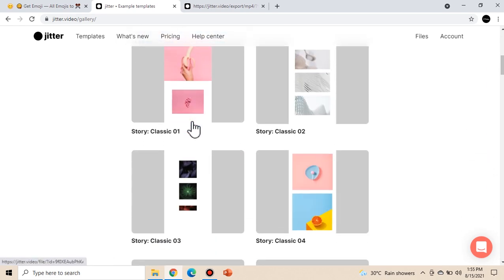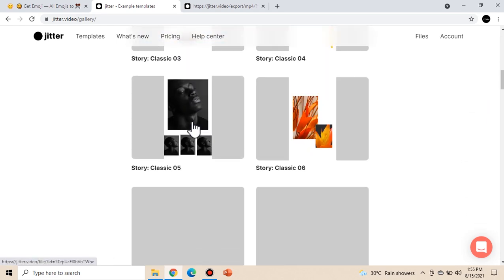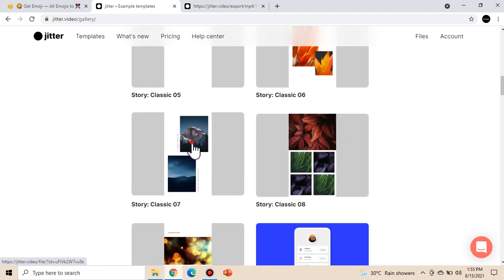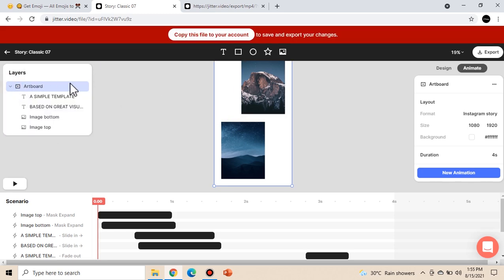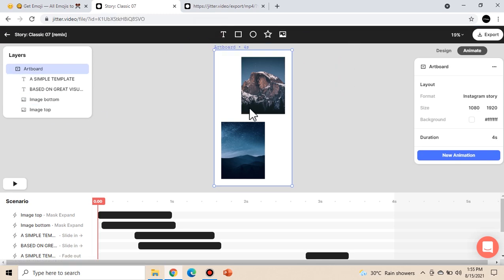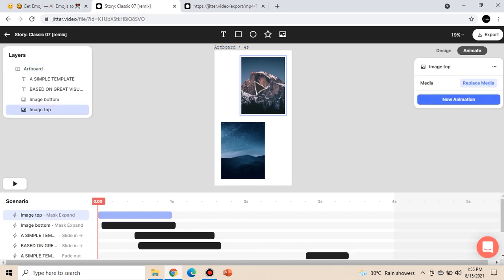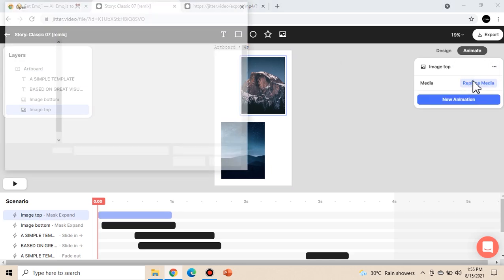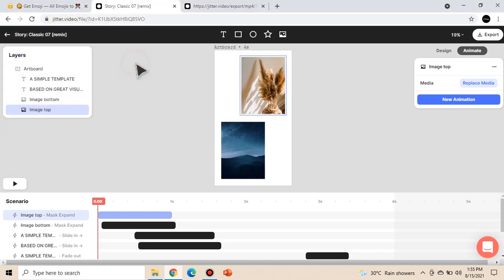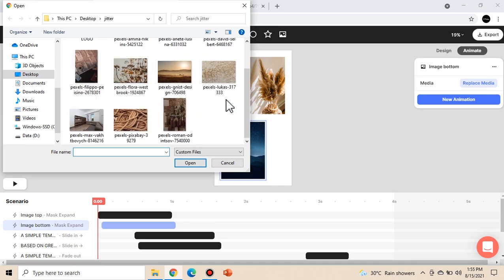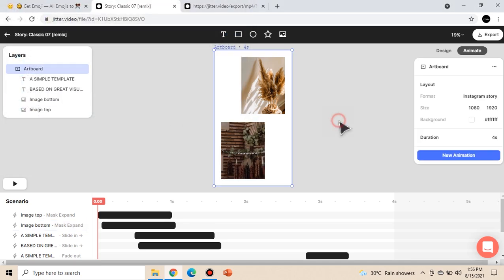Now let's try to make for our Instagram story. So let's try this story classic 7. And then you have here your layer. And then copy the file to our account, and just click the photo, then replace media, then select the photo you want. Let's try this, and then same process again. Select your photo, and then